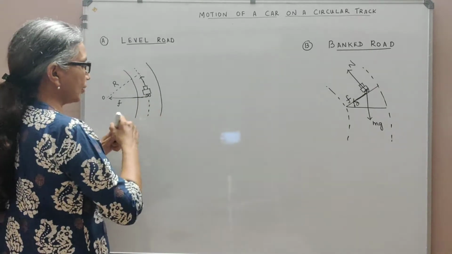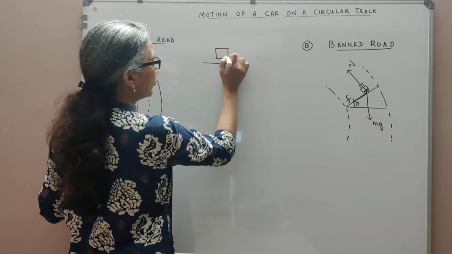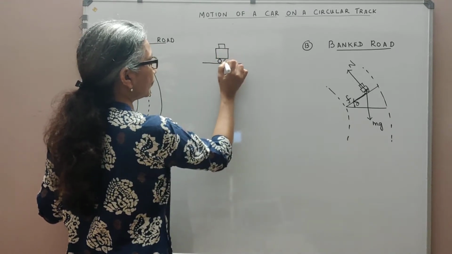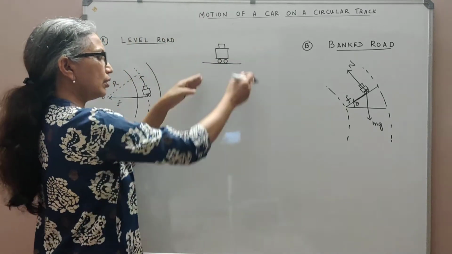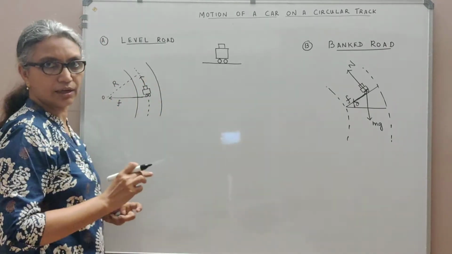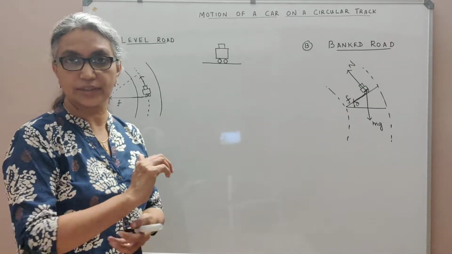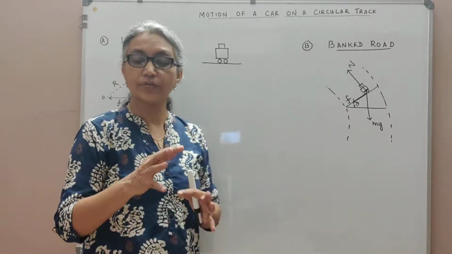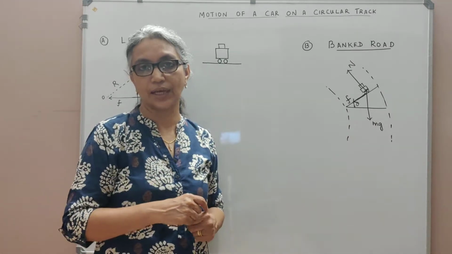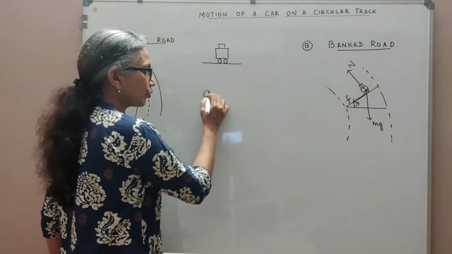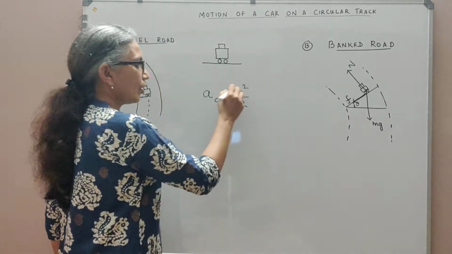Okay, now if I redraw this here, you will see this is our car, the wheels of the car. This is moving on a level road and this is taking a circular turn, and the circular turn has a radius r. Let us think about uniform circular motion, which we discussed in the last chapter. We said whenever there is a circular motion, then there is a centripetal force and therefore a centripetal acceleration. The centripetal acceleration, if you remember, is a_c, which is equal to v squared by r, and we also have